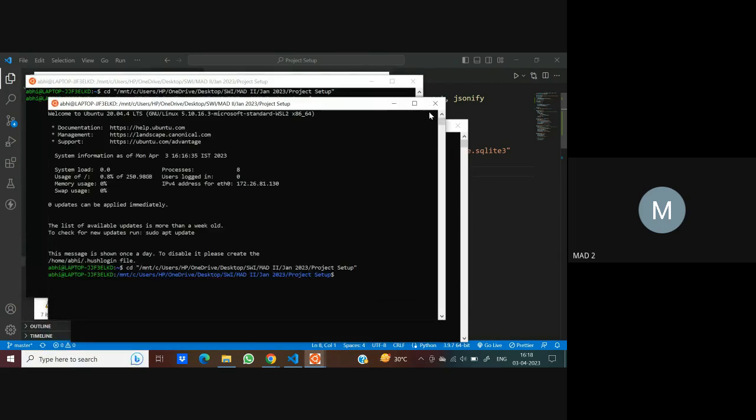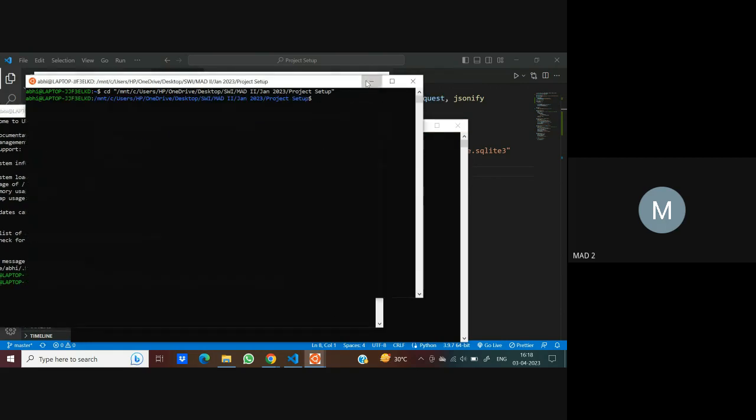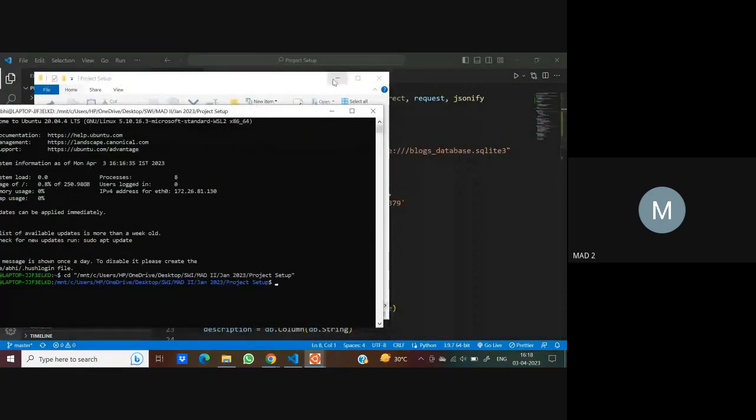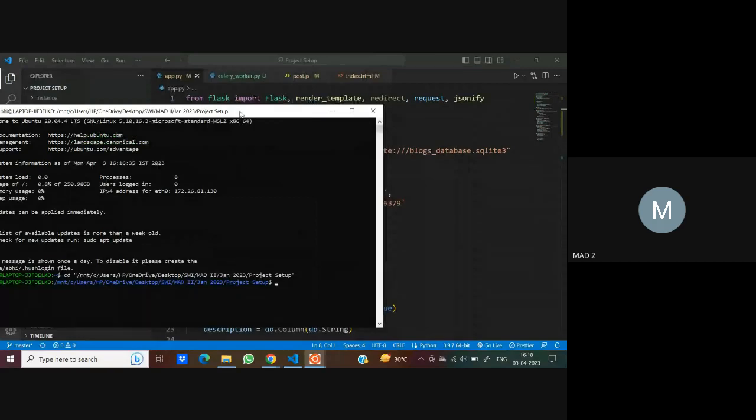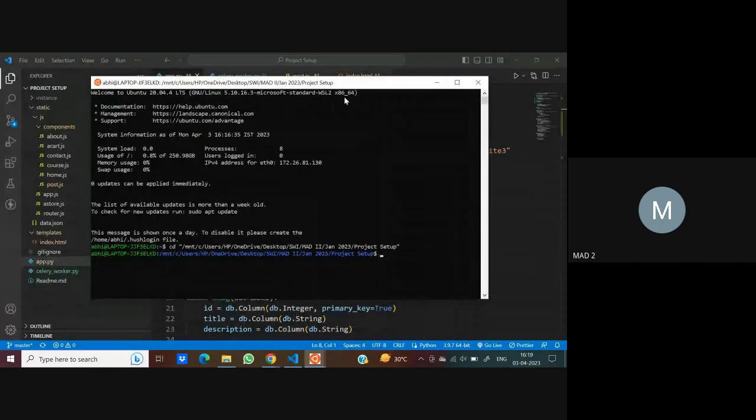All right. Now what I'm going to do here is close the remaining two terminals as of now. The very first thing that I require here is to create an environment so that I can install all the dependencies that will be required. So the first thing I'll do here is to create a Python virtual environment. So for that,